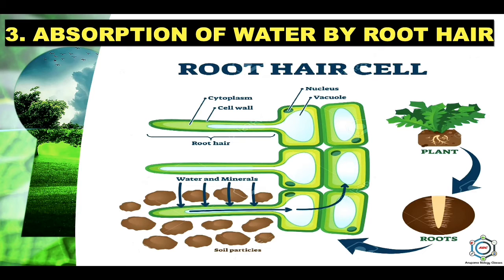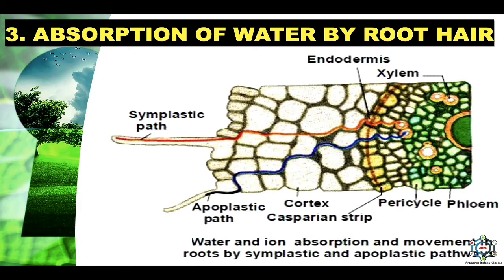Now, a scientist named Kramer in 1949 recognized two distinct mechanisms which independently operate in the absorption of water in plants, and these mechanisms are active absorption and passive absorption. Now, first, that is active water absorption. When the water is absorbed due to the activity of the root itself, particularly root hairs, it is termed active absorption.